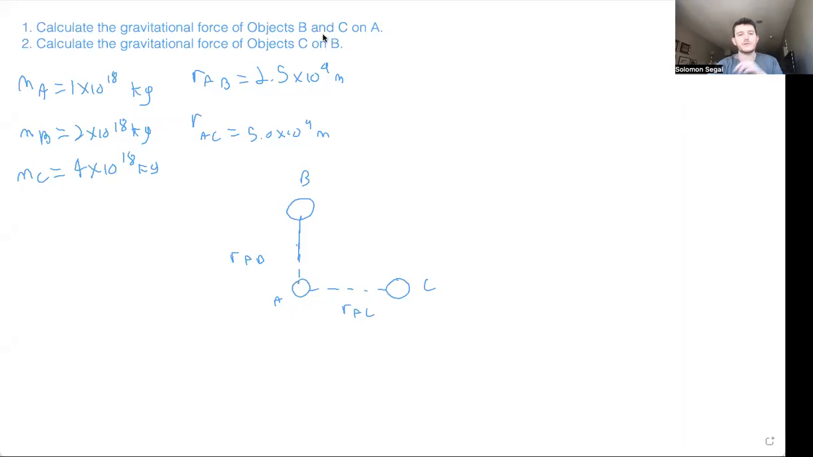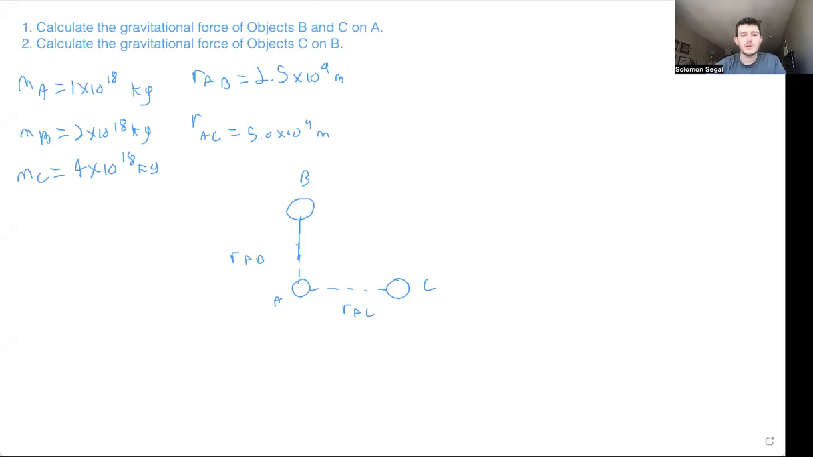Okay, let's do something fun. Let's do forces, vectors, gravity, mash it all together. So we have three objects here, objects A, B, and C, and we want to calculate two things. Number one, the force that objects B and C pull on A, and number two, the gravitational force that C